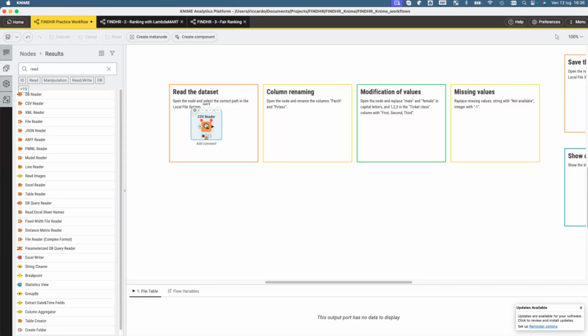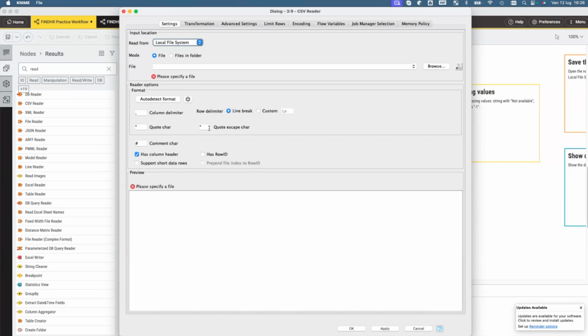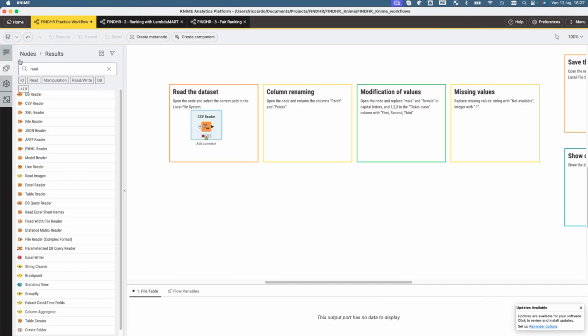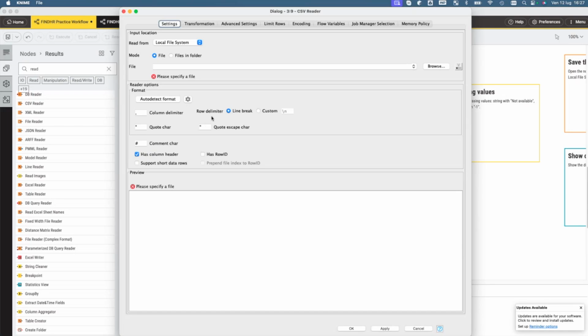So this is a reader node, so you don't have any input. We need to take the input from our file system. So now I'm going to double click on the node, and yes, that's what we are going to see now. Here you can visualize and devisualize the list with the nodes. And there are many nodes, so you can use the search bar, which works very well. So now we need to read, and I'm using the CSV Reader. Double click and you configure